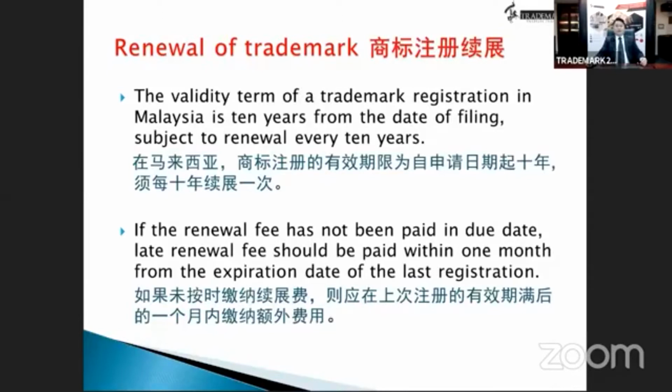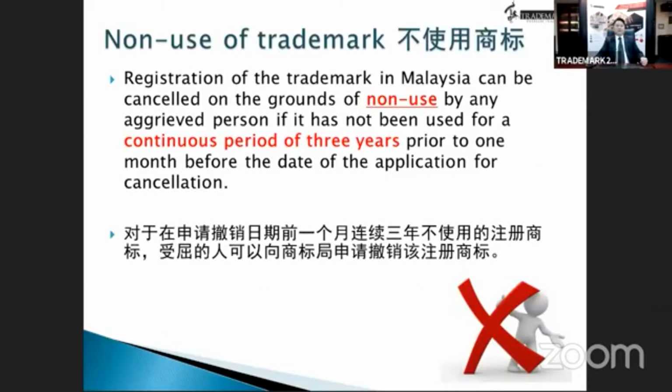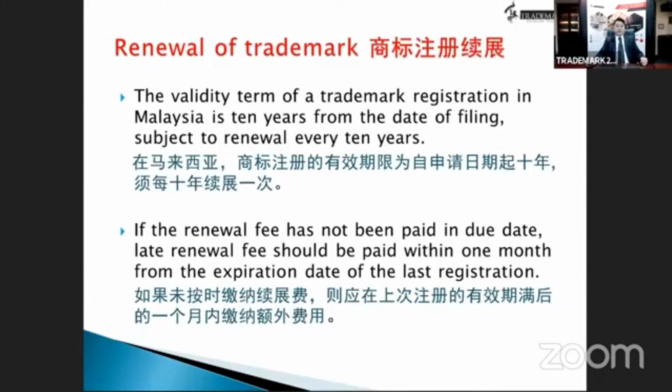For renewal of trademarks, as you know, every registered trademark will last 10 years from the date of filing or the priority date. So you need to renew it once every 10 years, okay? If the renewal fee is not paid before the due date, there will be a late renewal fee charged within 1 month from the expiration of the last registration. All right, so just be very careful with your registration, because if you don't renew it, your trademark will be